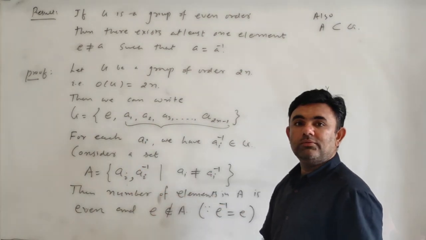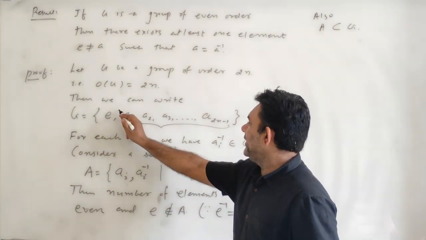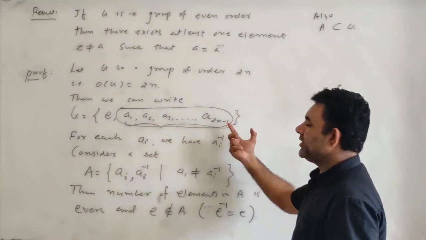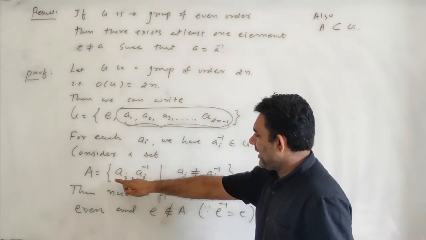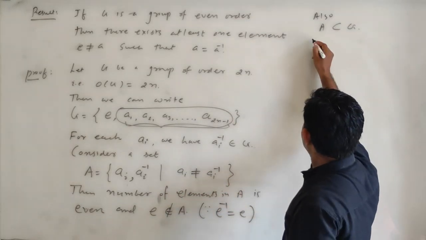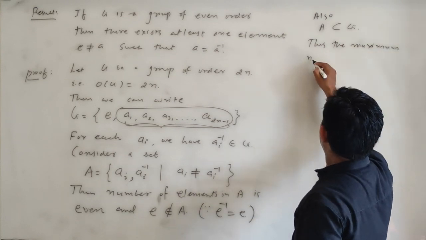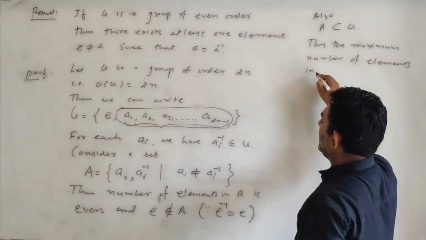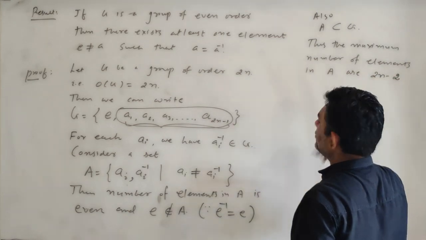Identity is not in A, so whatever elements are in A will be coming from only the remaining elements, and these are 2n minus 1, that is an odd number of elements, while the total number of elements is even. So thus the maximum number of elements in A is